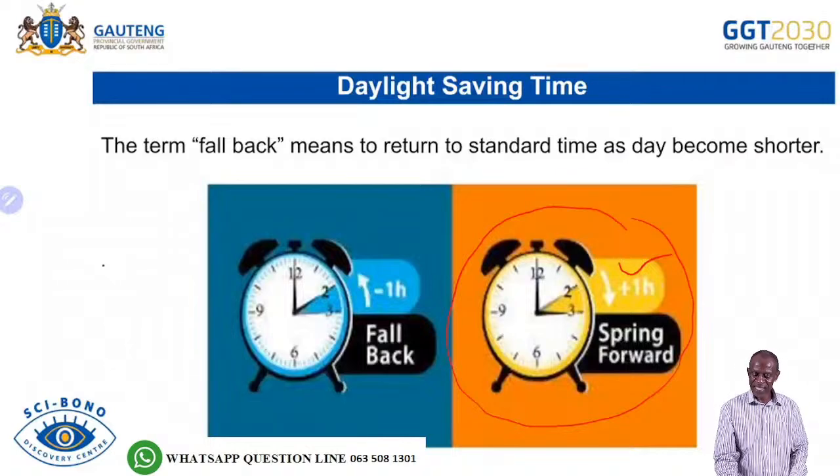And once this period where we experience long days and shorter nights ends, then we return back to normal time. You minus that 1 hour, and this subtraction of an hour, or this movement from long hours of day to normal time,